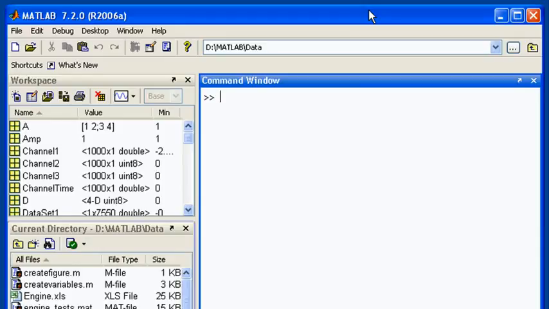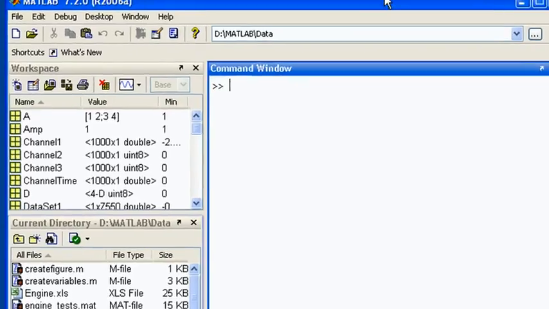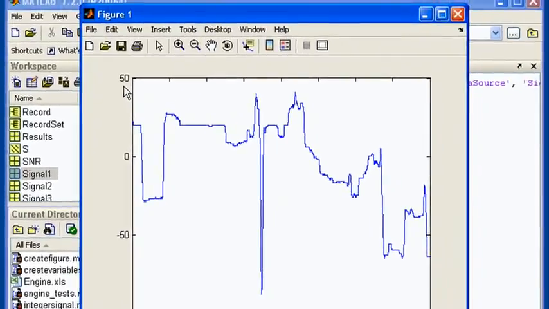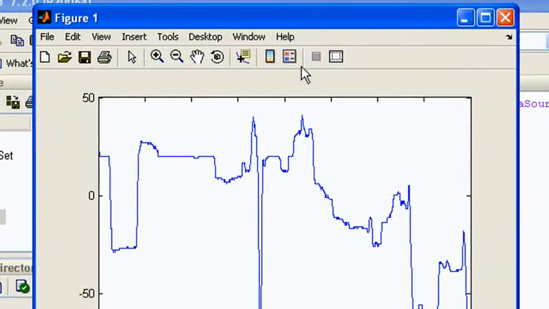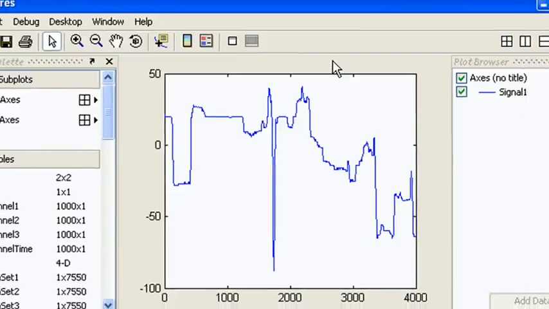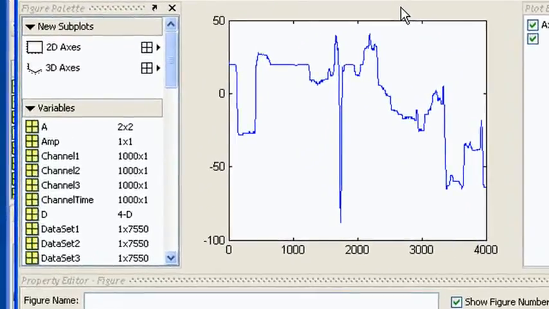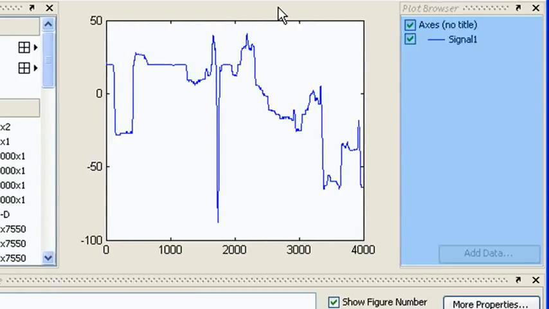This demonstration shows how to use the plot tools to interactively create and edit plots without typing M-code. Let's first create a basic plot. You show the plot tools by clicking here. The plot tools provide 3 additional windows around your figure consisting of the figure palette, the plot browser, and the